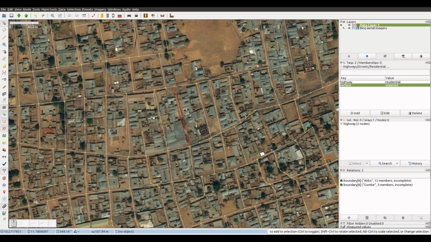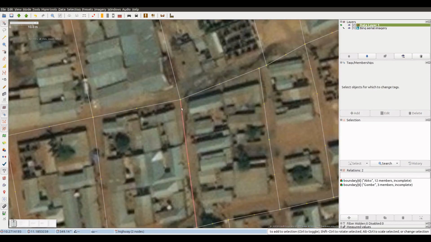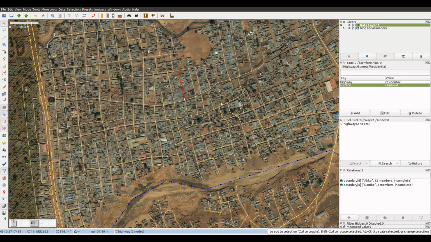If we select them and we combine them in only one way, the surface information will be applied to the whole street, so we need to make sure that this is the case. Having a close look at the southern side of the street, we can see it is unpaved. So we can safely combine both ways. We can see that the combined way has both the highway and the surface tags.